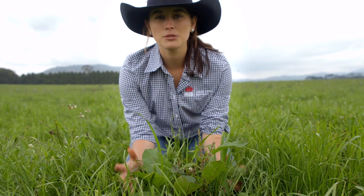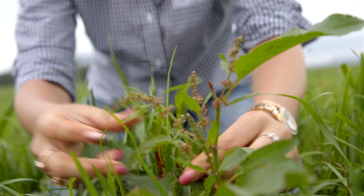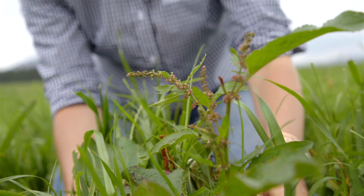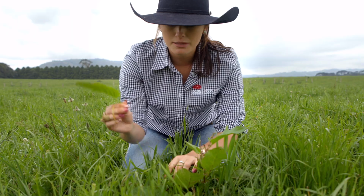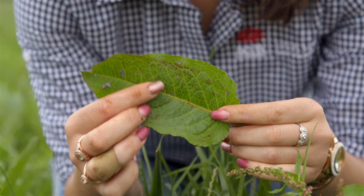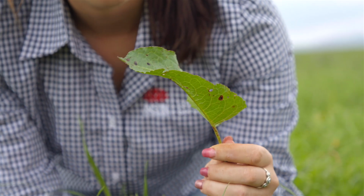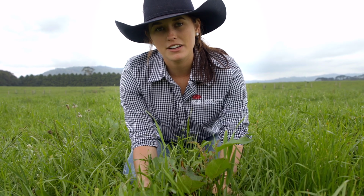Here is what I would call a pasture species in this paddock. This here is dock. You can tell by the flower head with the colouring of being a bit greeny reddy colour, and the leaves, which are sometimes similar to chicory or plantain, however they've got this reddish marking and sometimes get a bit curly. This dock has popped up in this pasture after the high rainfall events we had about